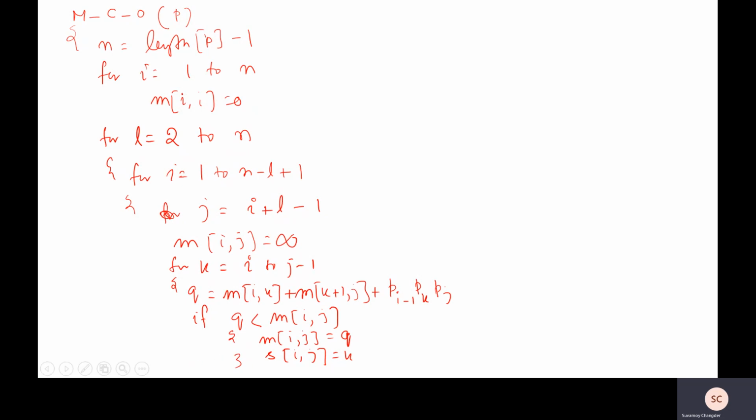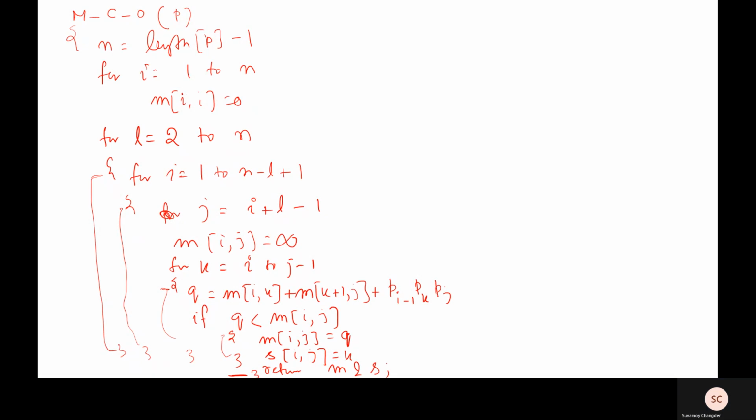And if we close all these loops, the parentheses go for this for loop: first this one, then second, then third, and this is fourth. Before ending the algorithm, we write return m and s, and this is the end of the function. For the spacing I have written it this way: first the if statement, then this for loop, then the next for loop, and after that return m and s, which is the end of the algorithm.